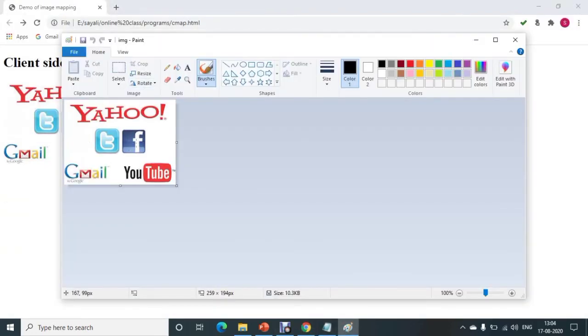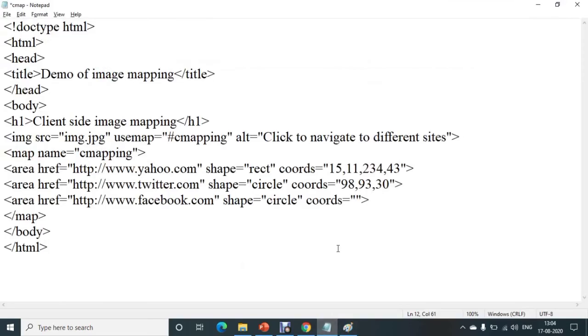For Facebook, let us have the coordinates of the central point as 160, 96. Then you can specify the same radius because you can see the Twitter and Facebook icons are approximately the same size.